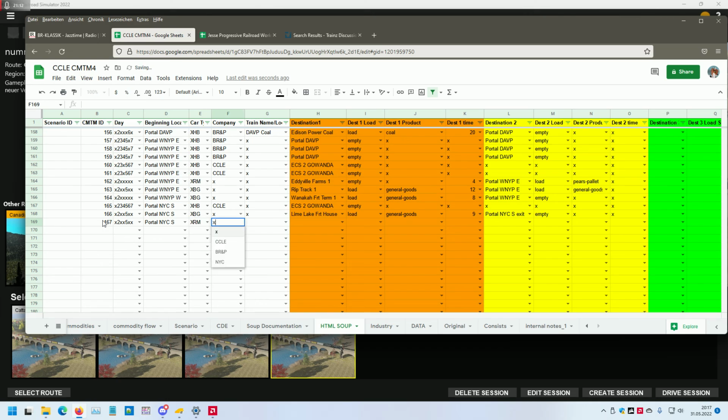XRM. We don't have this. This is Dalton. It comes as an empty without any load, but takes 12 hours back to the portal south mid with loaded apple pellets and no time as it vanishes. Now, so far so good, but I don't have this track mark yet,